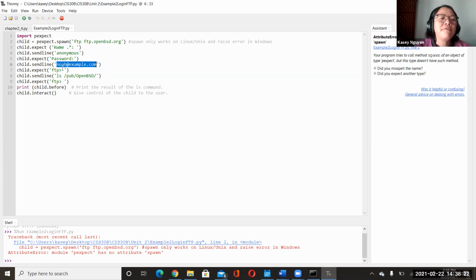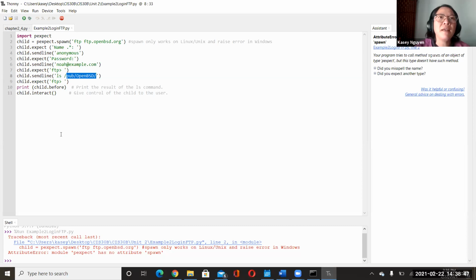And then if we expect FTP, it's going to go ahead and allow us to view the directory from OpenBSD. So it's going to give us a list based on the directory that was set up.